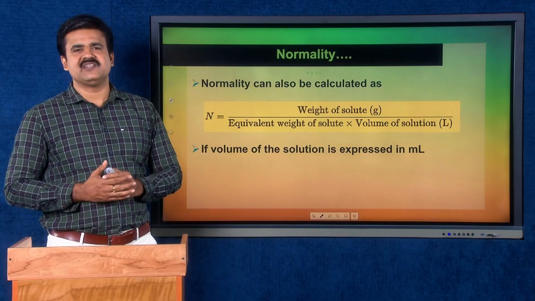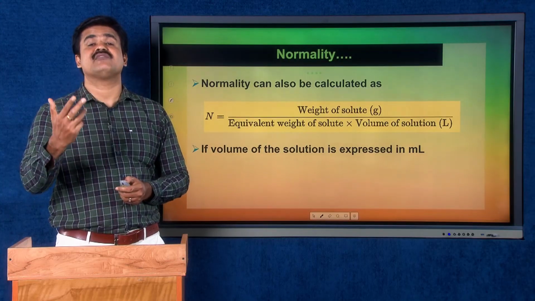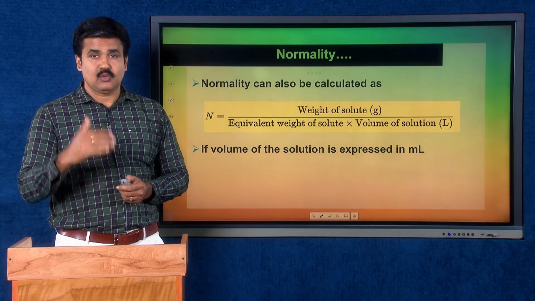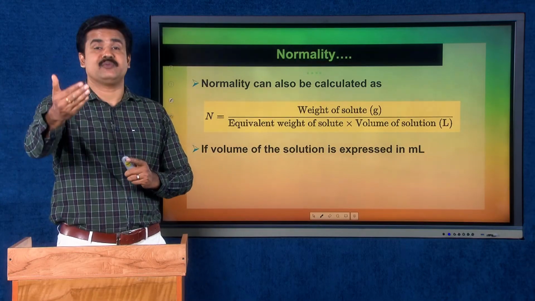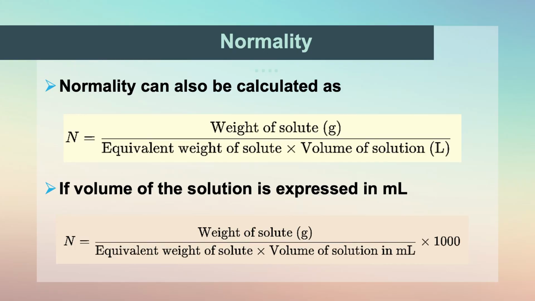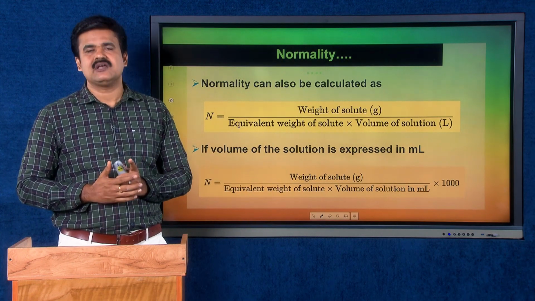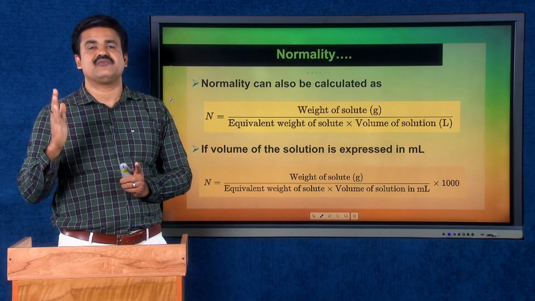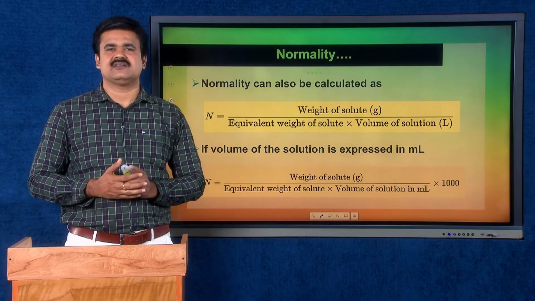If the volume of the solution is expressed in milliliter, that milliliter should be converted to liter by dividing by 1000. On putting that 1000 in the denominator, in the final expression that 1000 will appear in the numerator. So, the new expression will be normality equal to weight of solute in gram divided by equivalent weight of the solute into volume of solution, the entire quantity multiplied by 1000. This is a very important expression for finding out the normality of a solution. Here the required data involves weight of solute, that is the given mass of